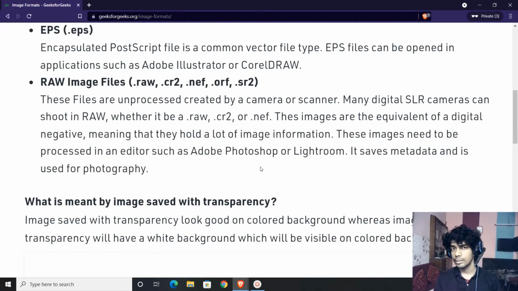There are also formats which are known as DICOM, whatever it is. Those are medical images. Medical images come in the DICOM format. There are multiple image formats, and it is important that you learn how to deal with multiple image formats.